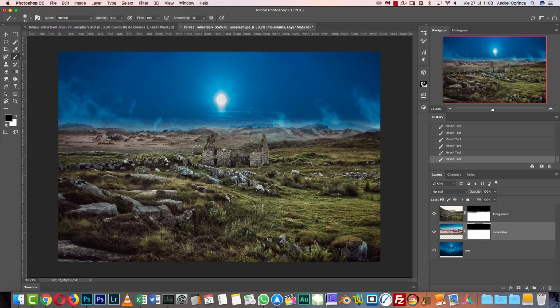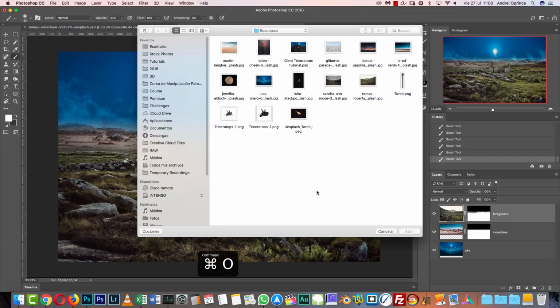And then we're gonna create the adjustments. So we're gonna add all the elements, and then we're gonna create adjustments and make them fit together. Let's press Ctrl Command O, and you will find two images here. This one